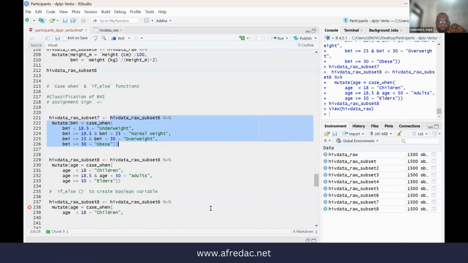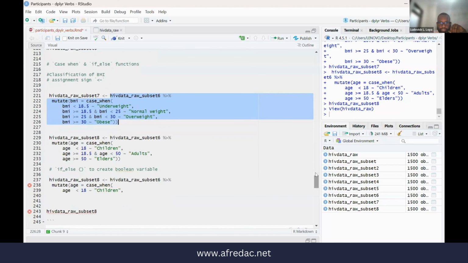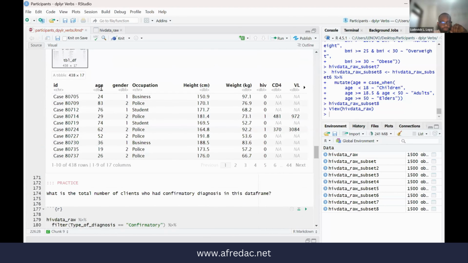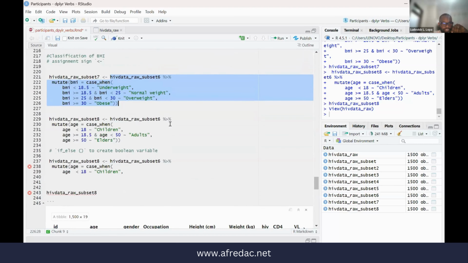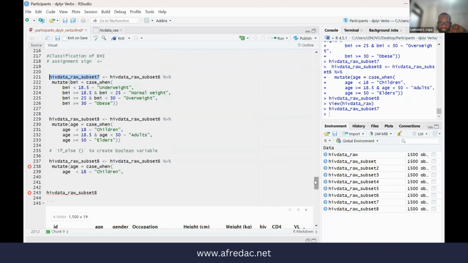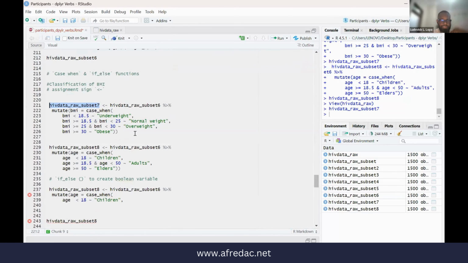This is very important because, as I was just explaining a little bit earlier, if you look at the age variable, you can see we have numbers, like 24, 83, etc. Because this is a numeric variable, we can always do some manipulation, like calculate the mean, the median, maybe the interquartile range and all those things. But when we manipulate our age variable and create these categories, let me run this, and then we can have,